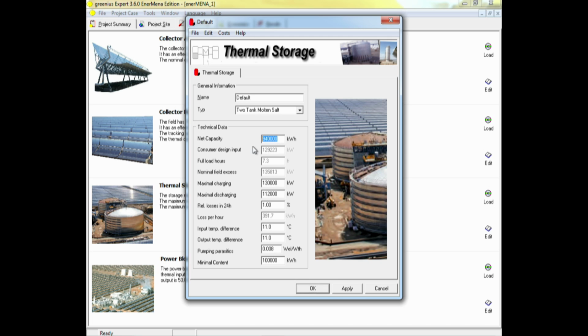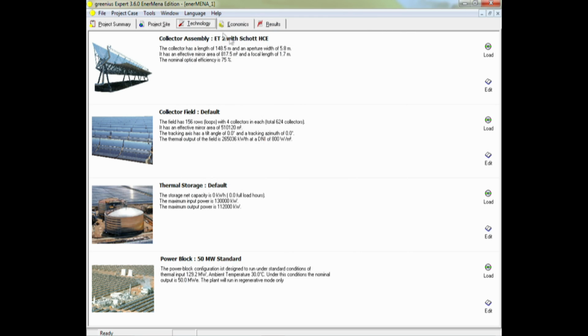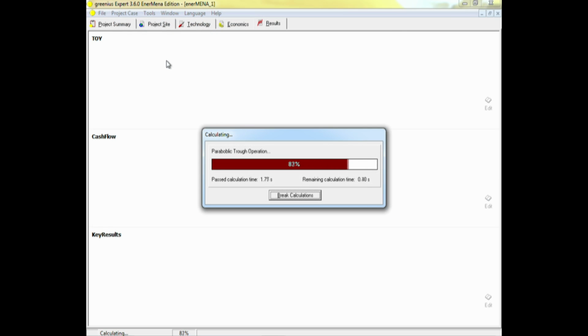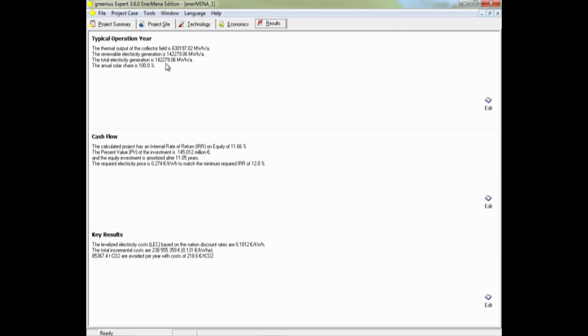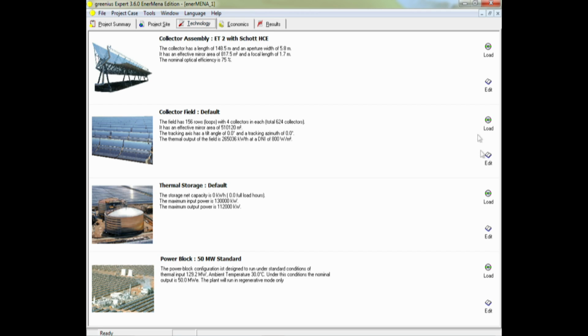So we start with 0 storage. In this case, you may realize that Greenius changes the display of this capacity to a red number. This is just a warning for the user that the value is out of the expected boundaries in this case. Nevertheless, you can do simulations with this number. It's just a warning. Again, we can start the simulation by the run calculation and get a total electricity generation of 142 gigawatt hours and levelized electricity costs of 18.12 euro cent per kilowatt hour. We write down these values in our table